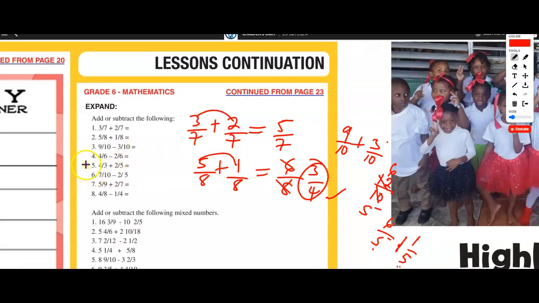Then let's see, we have 4 sixths minus 2 sixths. Okay, this would be 2 from 4, leaving us with 2 over 6. And then 2 into itself 1 time, 2 into 6 would go 3 times. That leaves us with 1/3. All right,